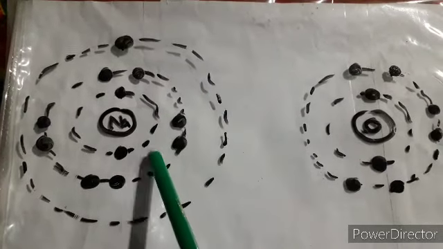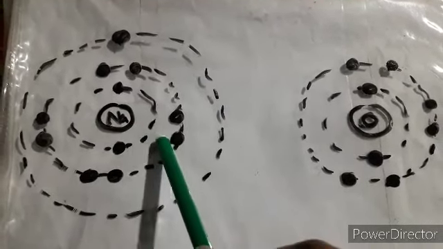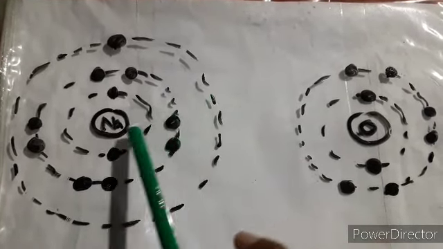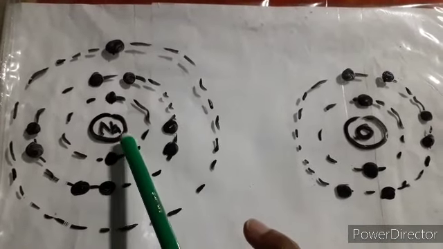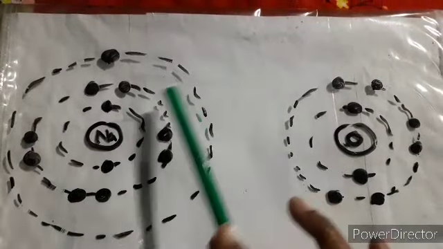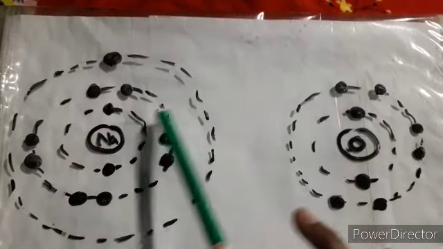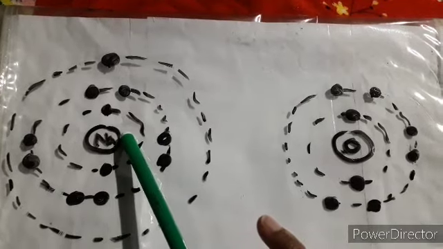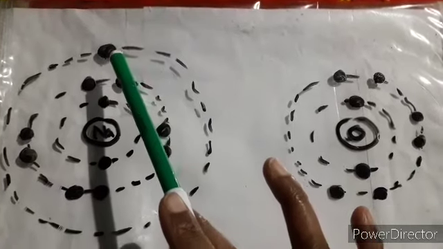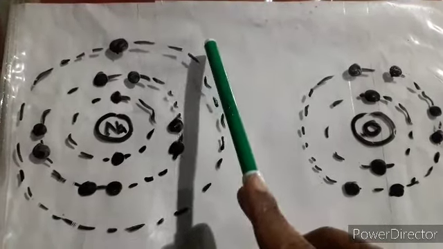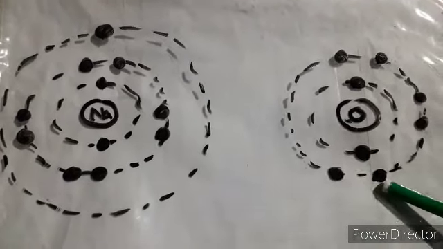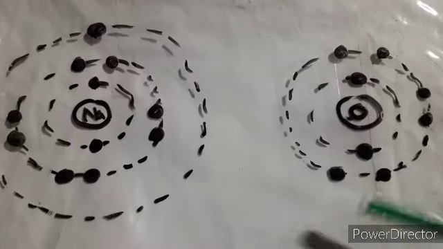Now we have already seen a metal has low ionization potential. Why? Because you can see the atomic size is more, and because of that the nuclear charge effect decreases. The positive charge on the nucleus is always attracting the electrons, and because of this distance, the effect of nucleus attraction on the electrons decreases. So over here you need a very small amount of energy to remove the electron present in the outermost orbit. So over here we got the low ionization potential, but we have to focus on what happens when your ionization potential is high.